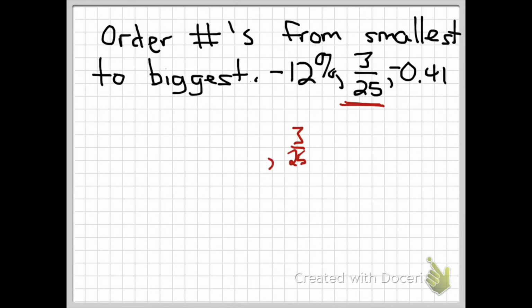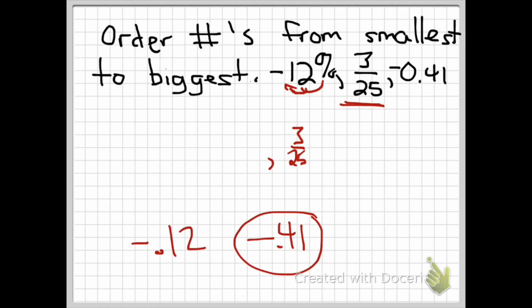Then we have 12% and negative 0.41. Well, this 12%, we can simply slide our decimal twice to the left. Remember, to make a percent a decimal, we go twice to the left. So now we have negative 0.12 versus negative 0.41, all right? And since this is further to the left, on a number line, we know that that's going to go first. So we have negative